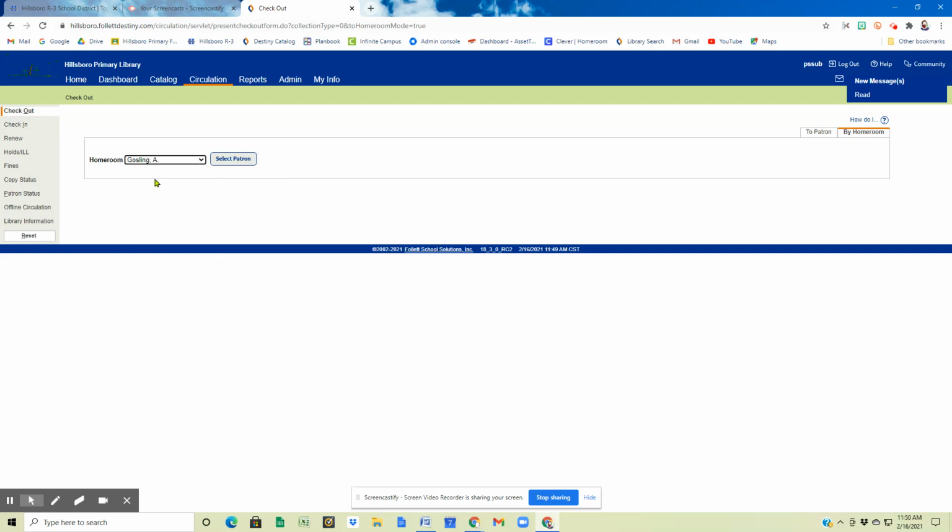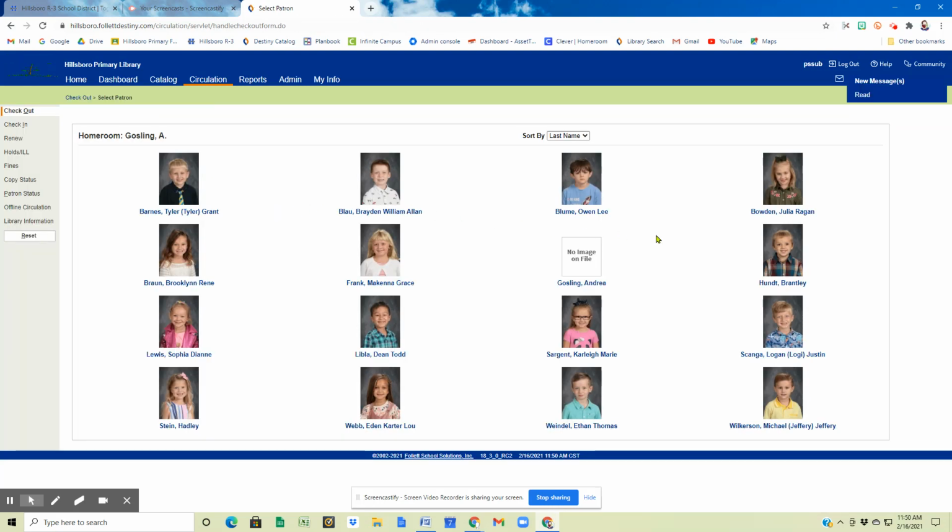I pick her name, I pick select patron, and then I get a picture view of all of the students in her class. Some do not have pictures. If the students started after pictures were taken, we might not have their picture in there, but their name will still be in blue. So I want to check out to Brooklyn. She comes up with her book ready to check out. I click on her name,